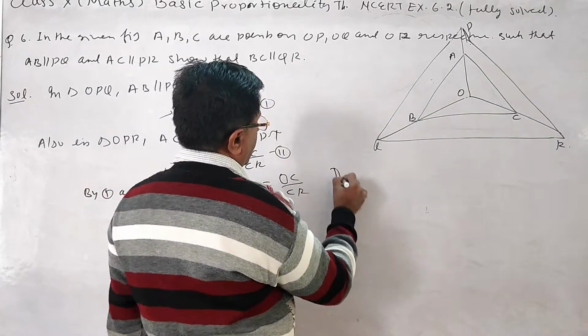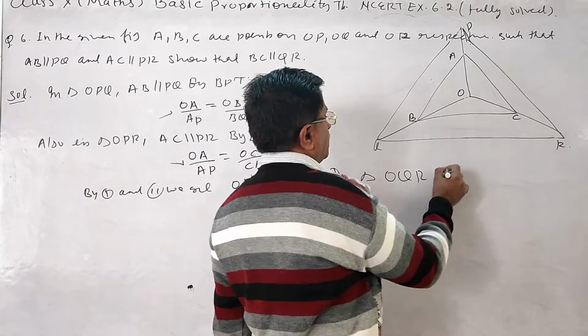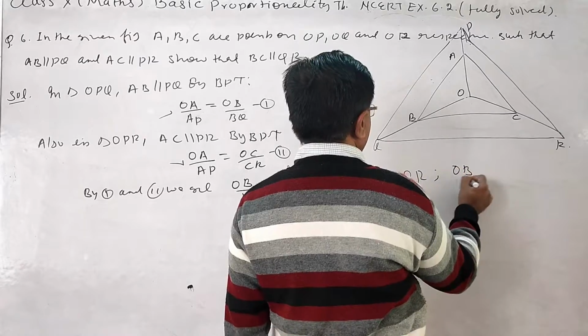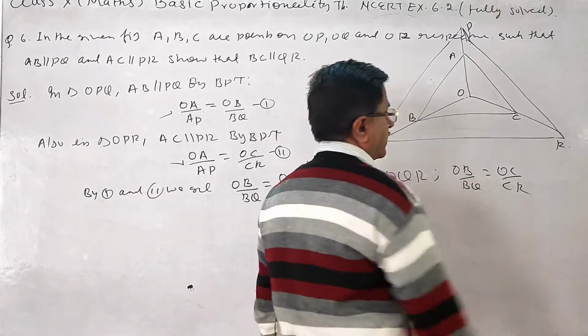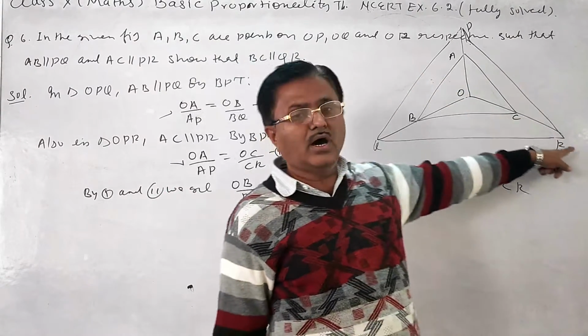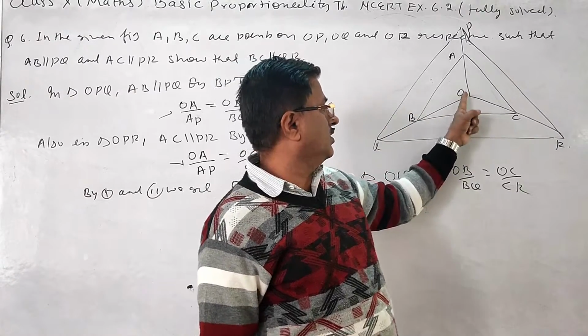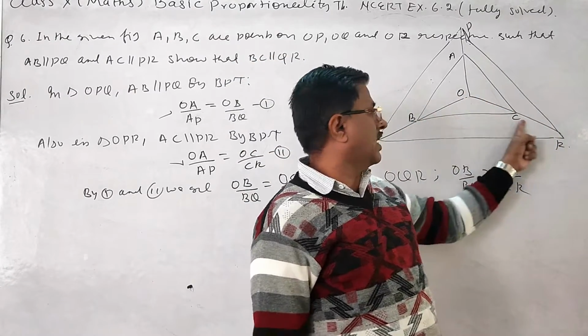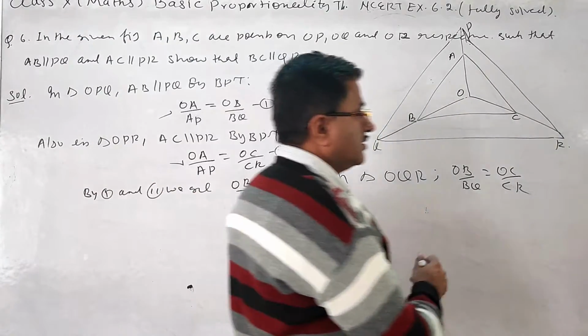Now you see in triangle OQR we have proved that OB upon BQ equal to OC upon CR. Dear students, see in triangle OQR, OB upon BQ equal to OC upon CR. So this side will be parallel, by the converse of BPT,